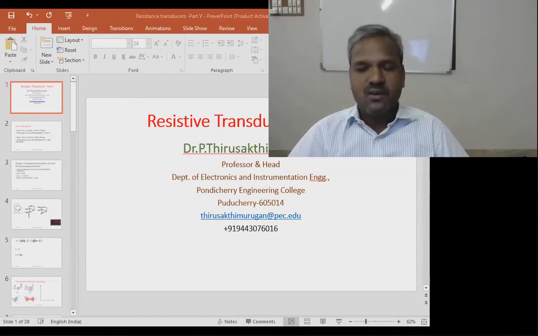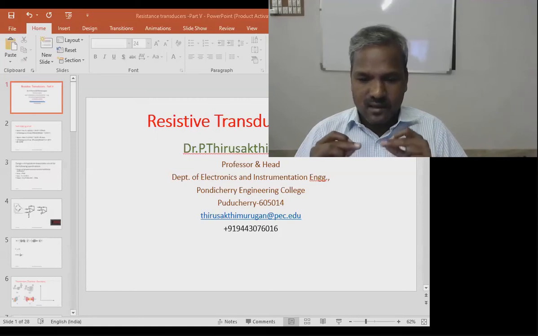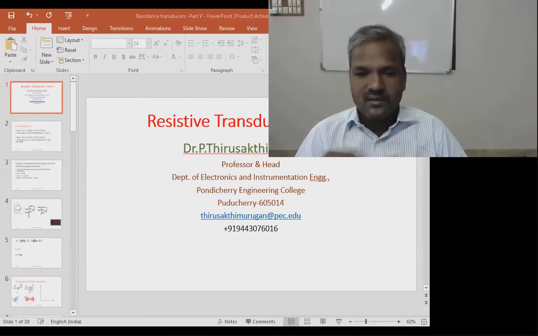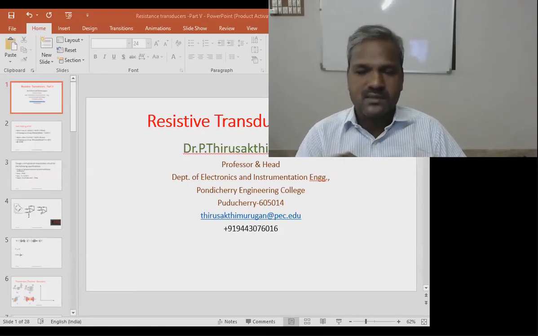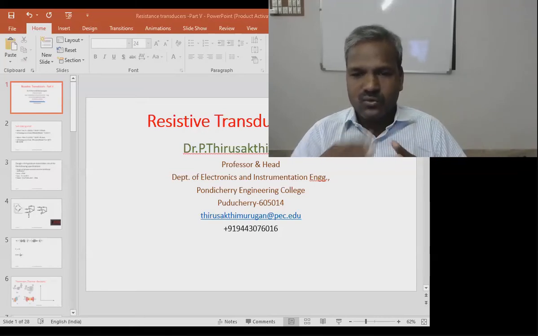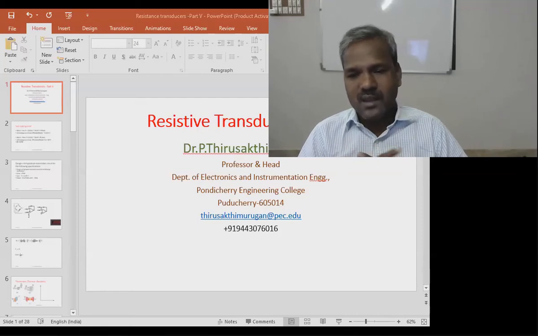The dissipation constant is how much additional heat the sensing portion of the element, the platinum element, can evolve. Normally we connect the RTD in a Wheatstone bridge and give 5 volt excitation. Through that, the normal current flowing through the RTD varies from 2 milliampere to 20 milliampere.